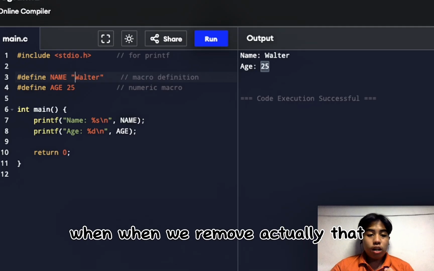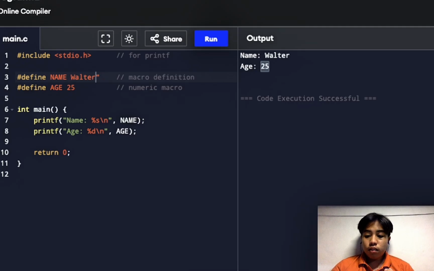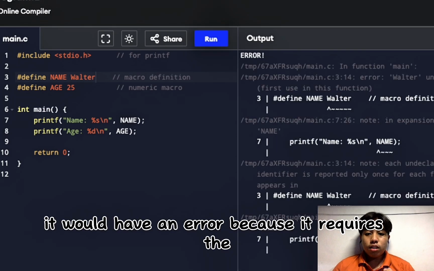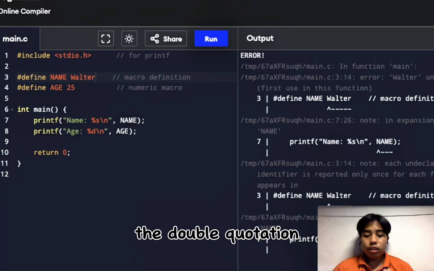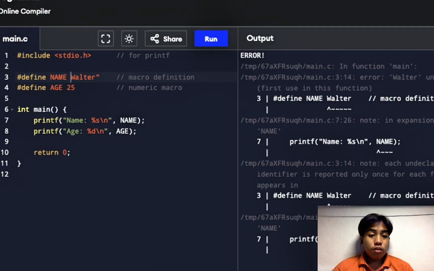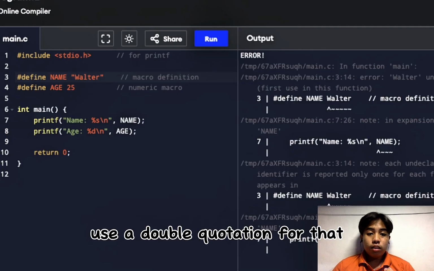When we actually remove that, it won't work. It would have an error because it requires the double quotation marks. So take note that when we're using a string value, use double quotation marks for that.